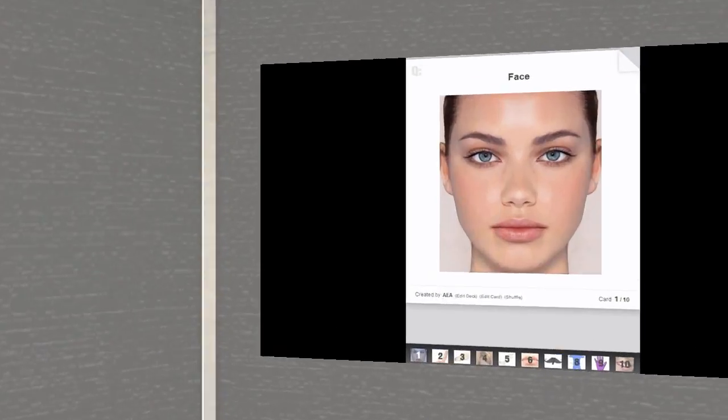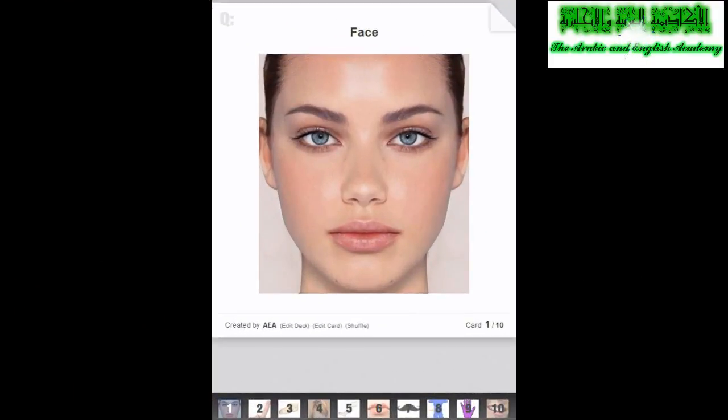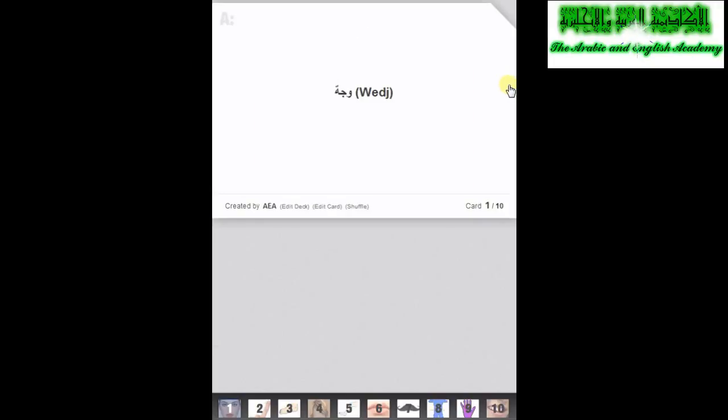So let's begin. Okay, so we're going to continue on our list of vocabulary words of human body parts. Today we're going to go over another 10 words in this list. The first word we're going to go over is face. Face in Arabic is wajh, wajh,